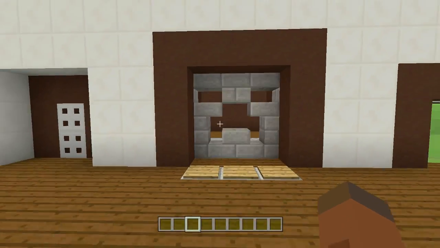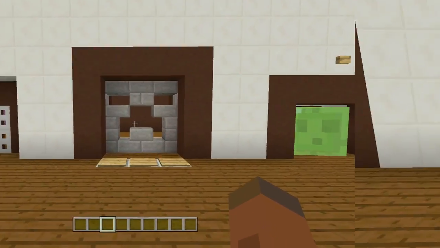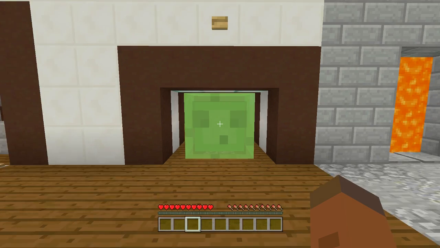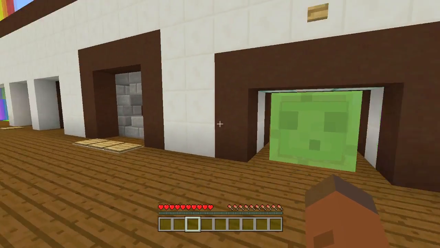It looks good inside caves. It's just a good looking door. Now, number 4 on the list, this is the only one that I think might not work on Pocket Edition. It absolutely can. I just don't know if it will. You can try it out, but this is the only one, if out of any of them, that should not work